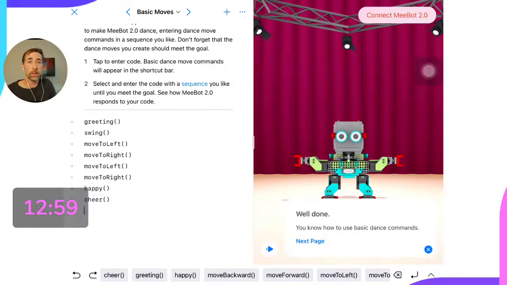So let's go on to the next page and figure out how we might build our own function. Because if we look at these, they are a series of complex movements. Somebody's written some code to run a series of commands that we pass to the robot and have it move its arm or its leg. So if we hit next page,